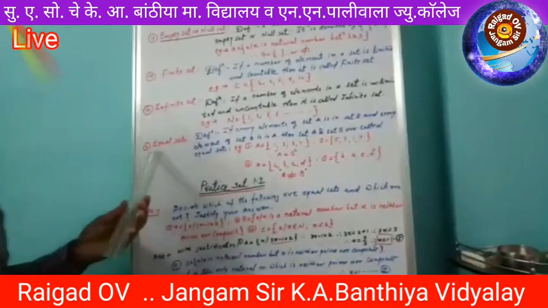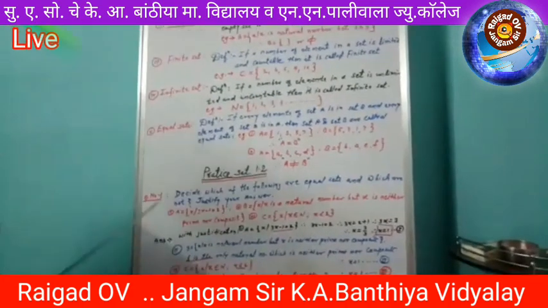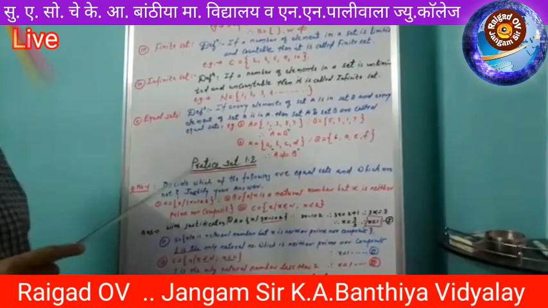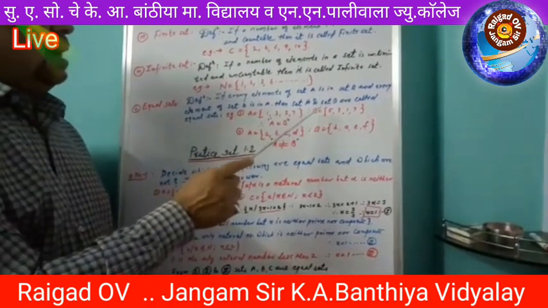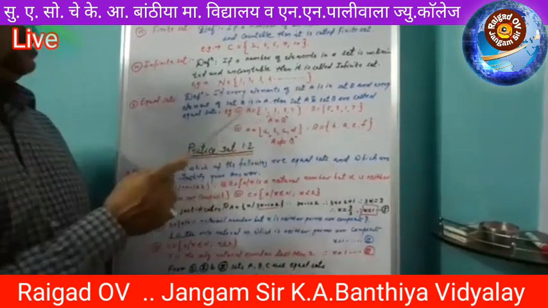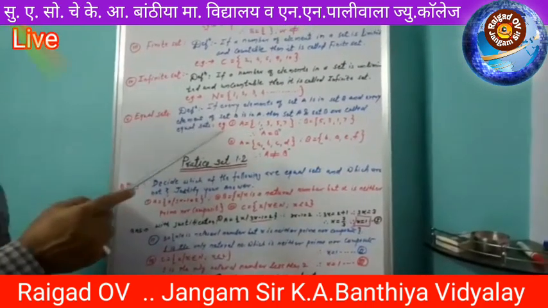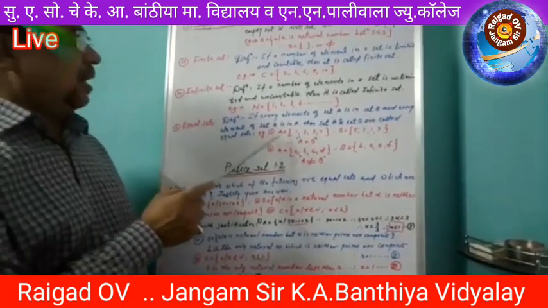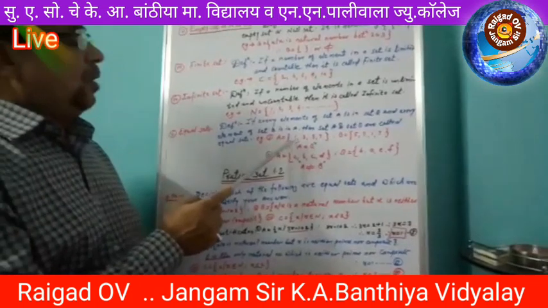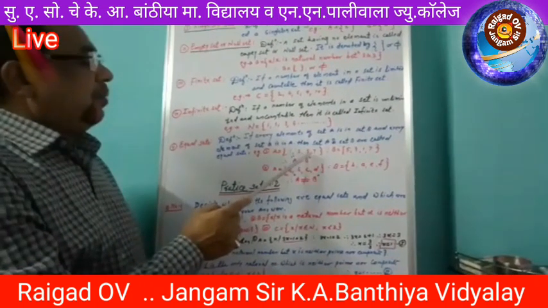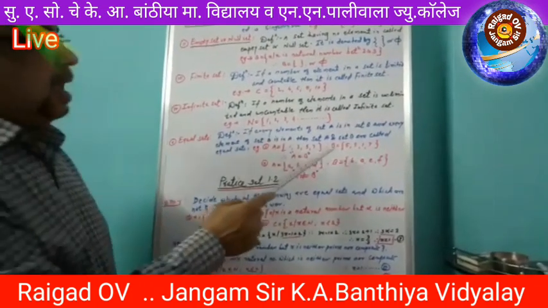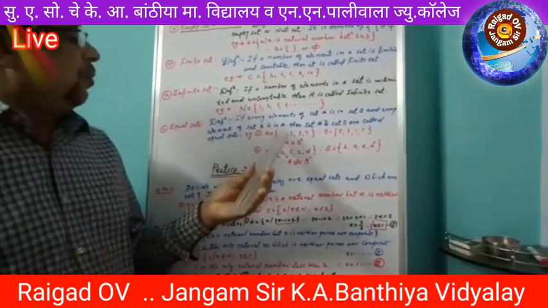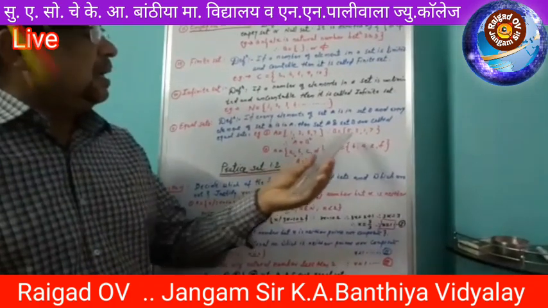And the last set, that is equal set. See here, equal set means that if every element of set A is in set B and every element of set B is in A, then it is called an equal set. For example, so that we better understand, see here, if set A has elements 1, 3, 5, 7 and B has 5, 3, 1, 7. It means that each and every element is present in set B.